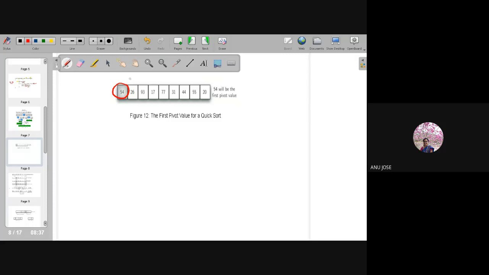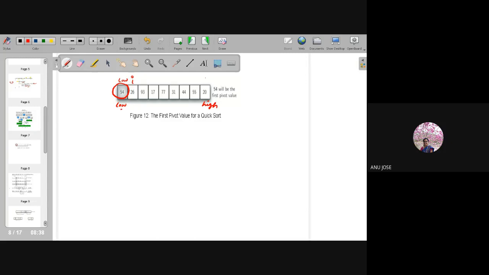I can keep the pointer's name as low pointer, or I can just keep it as i and j, because the code I have written is based on i and j. In the textbook also it was mentioned as i, but here these are just two pointers or two variables. Whatever pivot element you have taken, this is the low and this is the high. The total index will be varying from low to high.